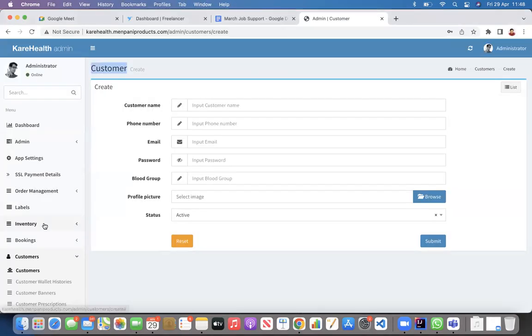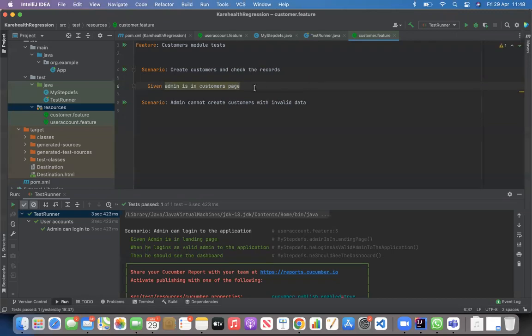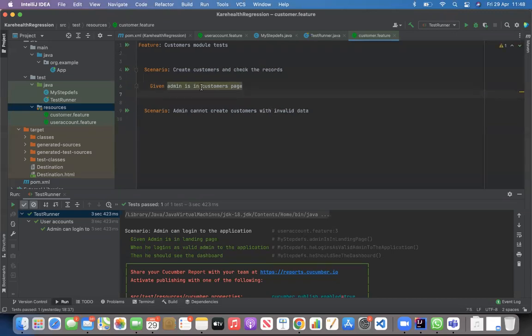So he should be here. So how he comes, that's a different thing. We'll write the code for that. Create customer page. When he creates the customer with